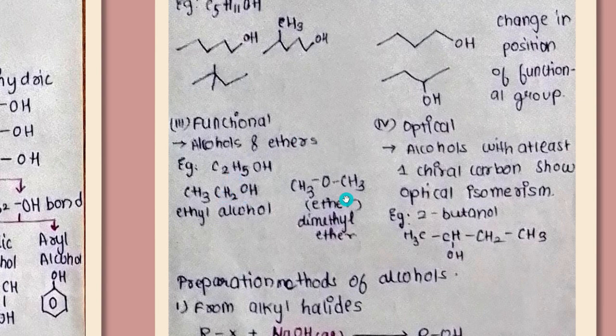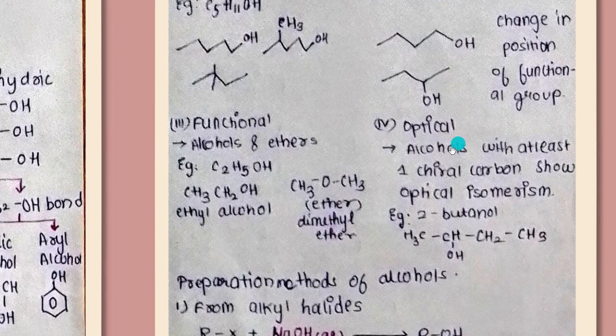Similarly, if I convert it into ether, that is CH3OCH3, here also H3 plus H3, 6 hydrogens, 2 carbons and 1 oxygen. So here the molecular formula, or the number of atoms of each element, is the same, but only the functional group differs, right? This is the alcohol group, this is the ether group. So difference in the functional groups is known as functional isomerism.